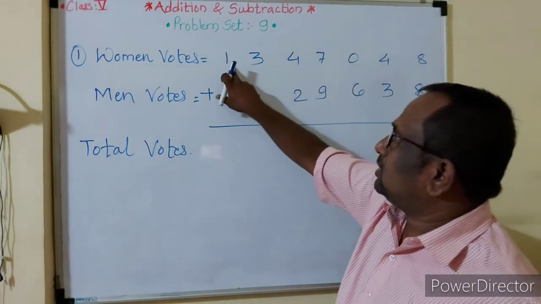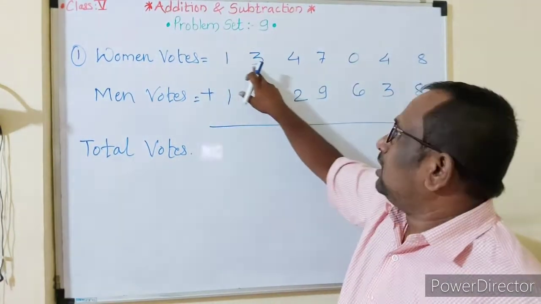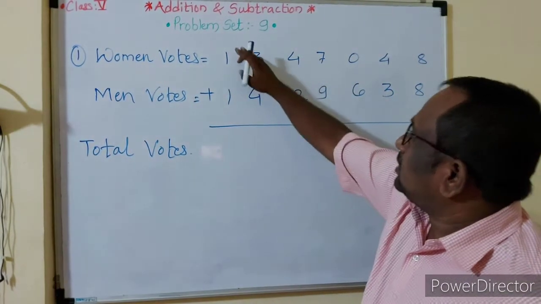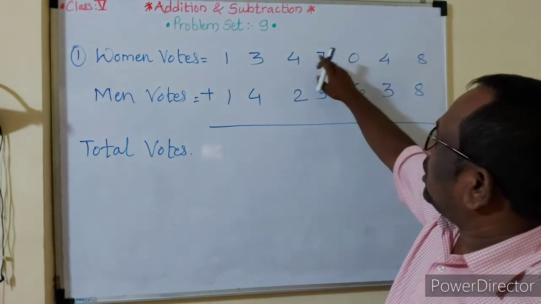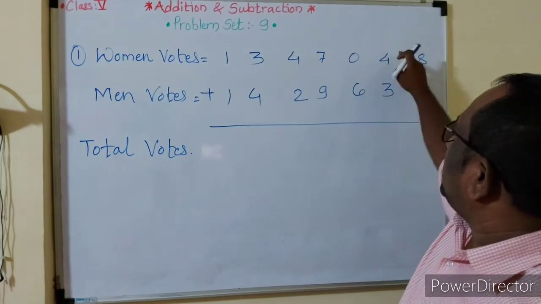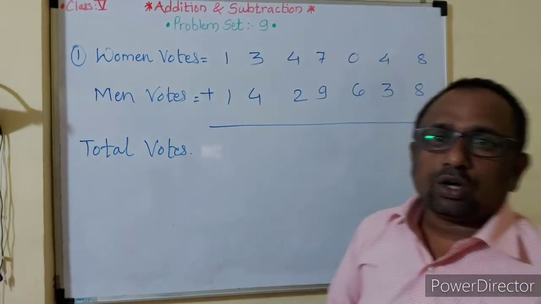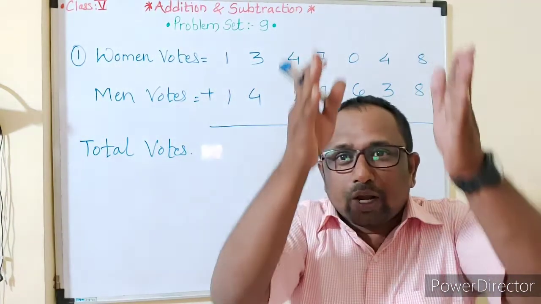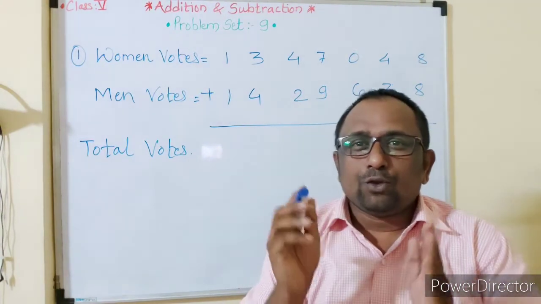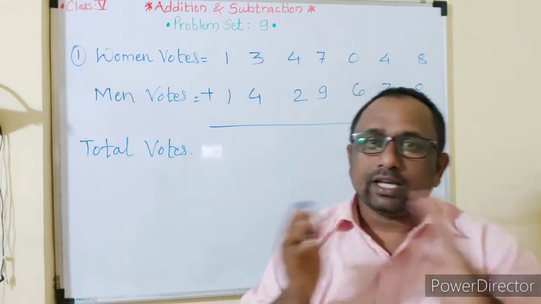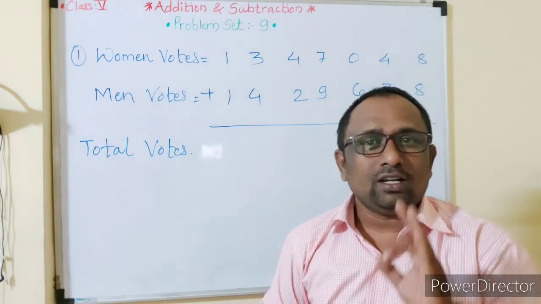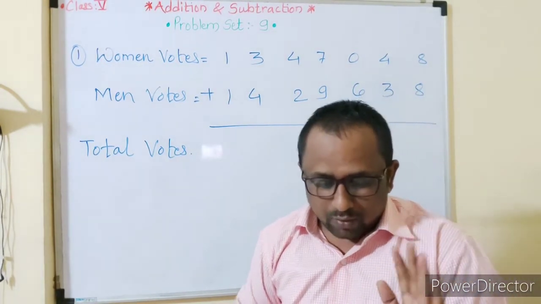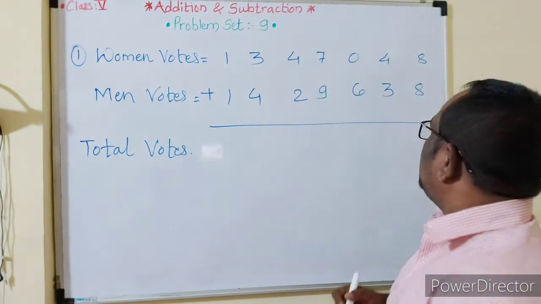So this is the 10 lakh place, this is the lakh place. So how do I write this? 10 lakh, lakh, 10,000, 1,000, 100, tens and units or ones. This way you have to write properly. If you miss any digit here and there, or you change the place, then 100% your answer will go wrong. Now we'll solve this. This is very simple, students.